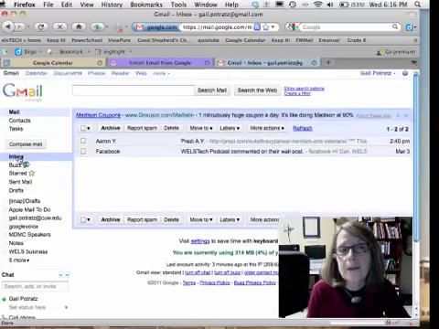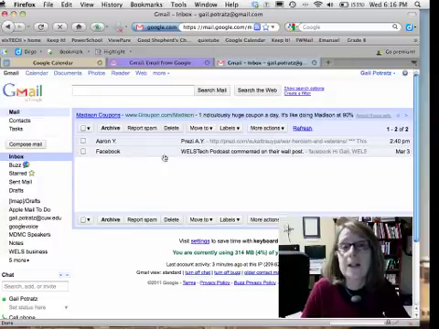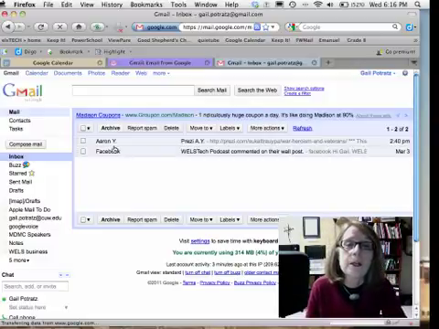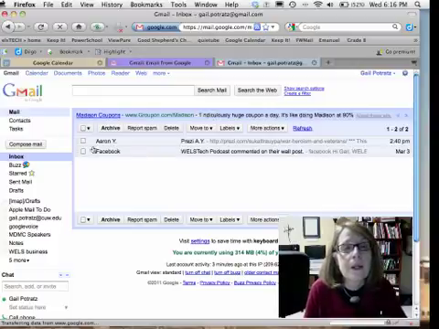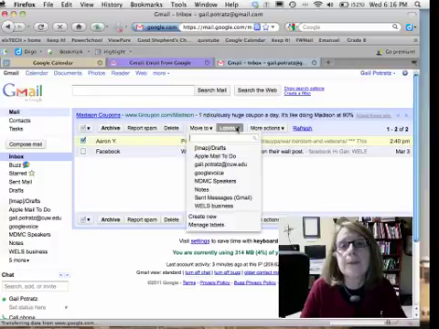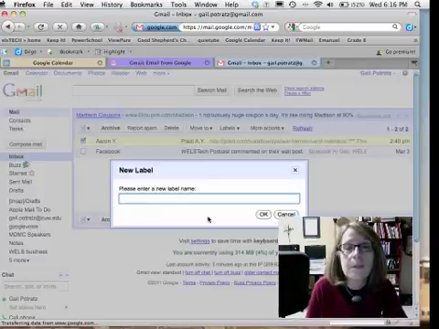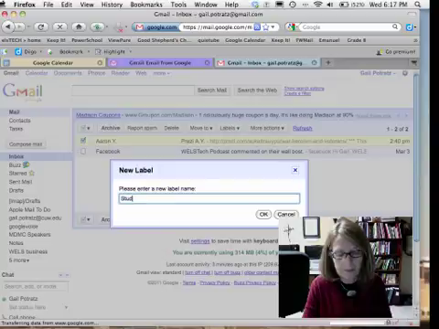Another handy item that has a little more functionality than the star is over here under labels. Let's say perhaps, again, with all my students handing things in, or maybe it's all the business email I get from one certain client I have, or anything that you want to organize. You can simply check the checkbox and go up to labels, and these are some labels I've had in the past. You can also just go down here and create a new one, and maybe I'm going to call it